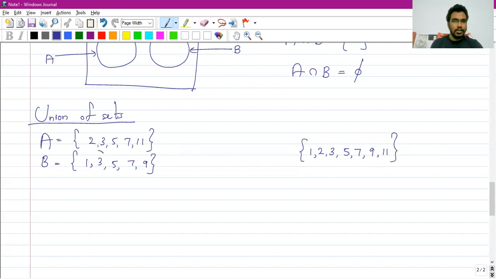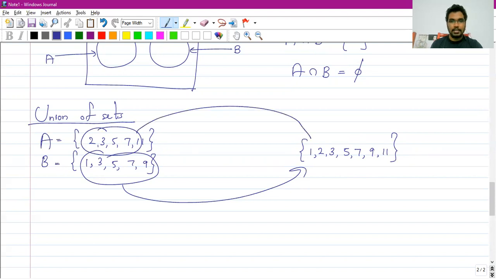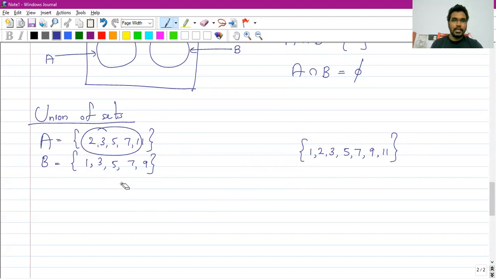So all the elements in set B are inside this set, and all the elements in set A are inside this set. We can write a set which includes all the elements in both of these sets. I can name this set as the union set of A and B. We can denote it this way: